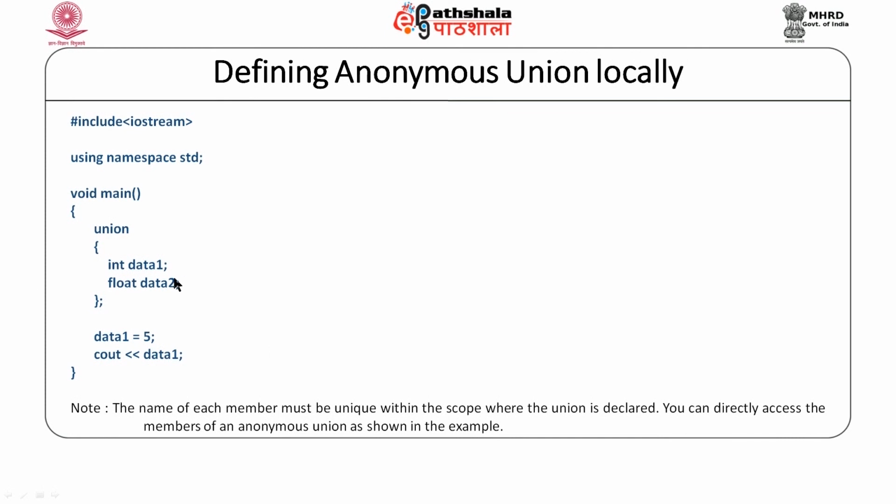So, what is the use of this union? Well, if we do not want to use both the data items at a given point of time, and at a time only one of them is required, defining them inside the union will save the memory, because both these members will share the common memory.